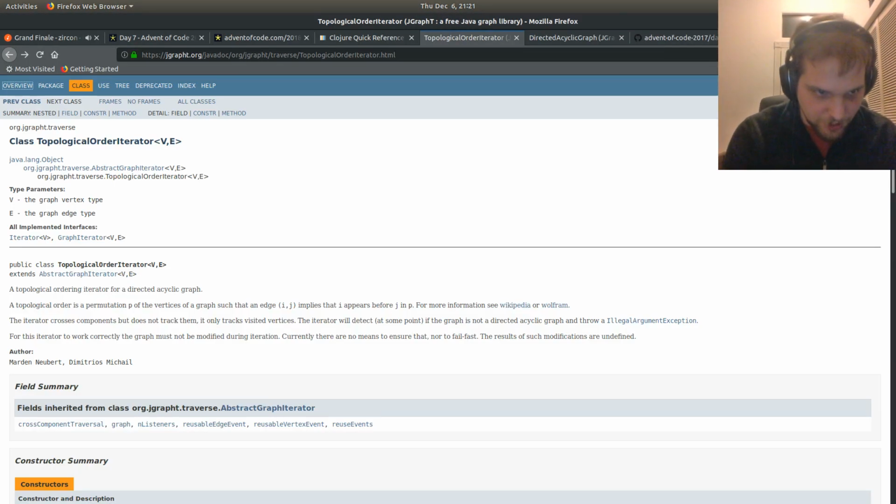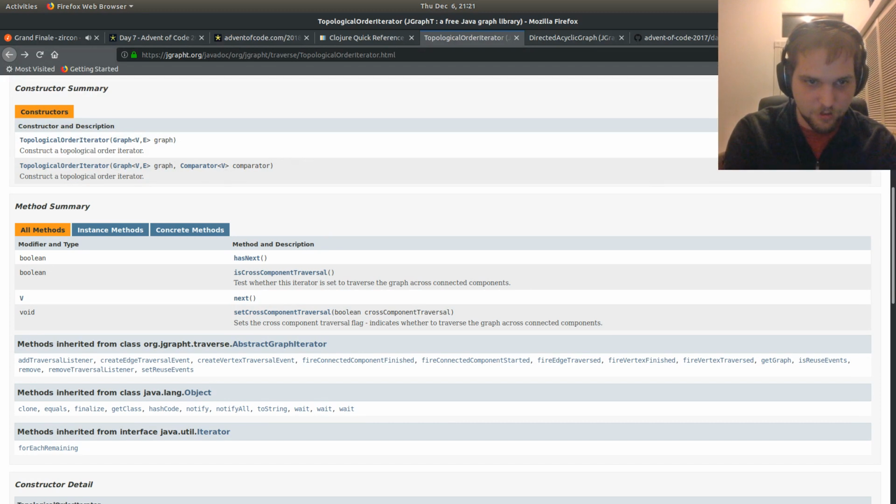So now, how do we use this iterator? We just iterate through it until it's done.